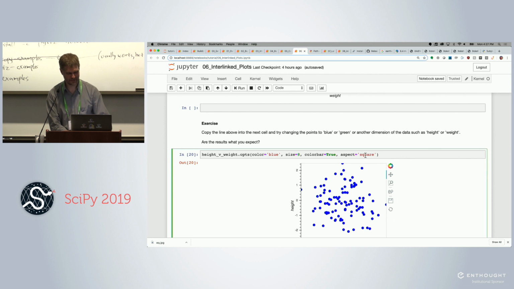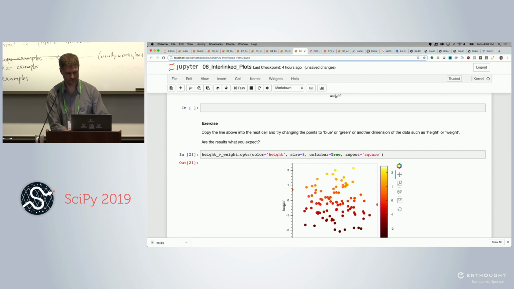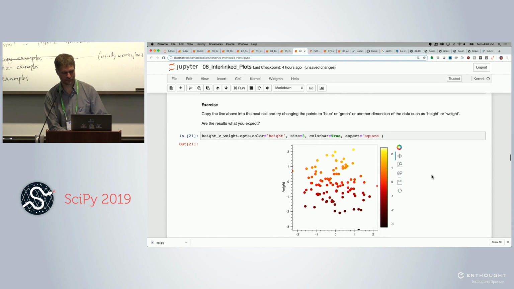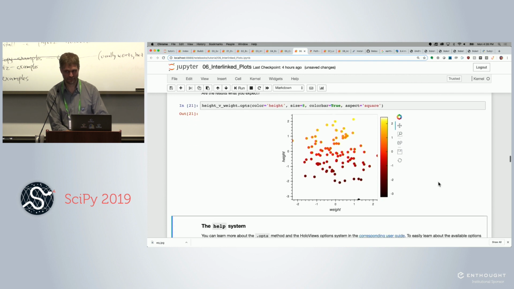But in this case, height. So, basically, a string is ambiguous. Is a string a data dimension or a color? I believe it favors data dimensions and then falls back to color. I'm pretty sure, but that's been several years since I had that argument. But you call it something before, right? So you could